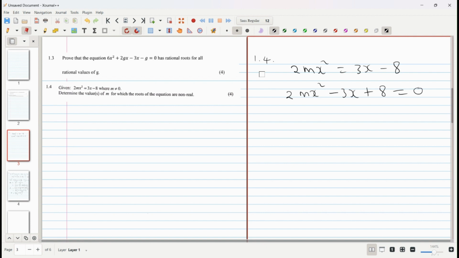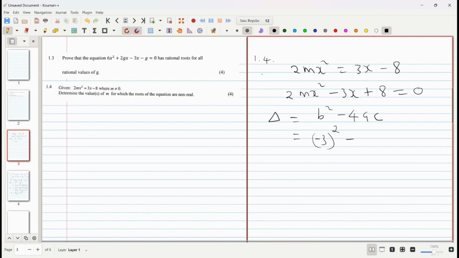So let's find the discriminant of this equation. We know that it is b squared minus 4ac. Okay, so what is our b squared? Our b squared is negative 3